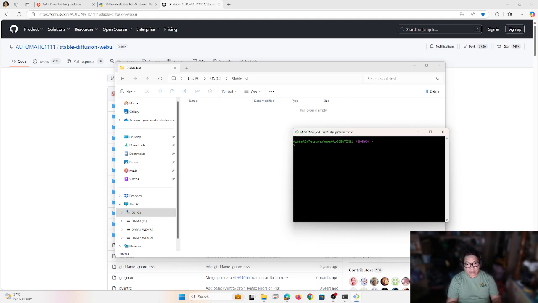So together, we need to cd /c/ the file path, stable test, and press enter. So right now I'm using this directory, right?